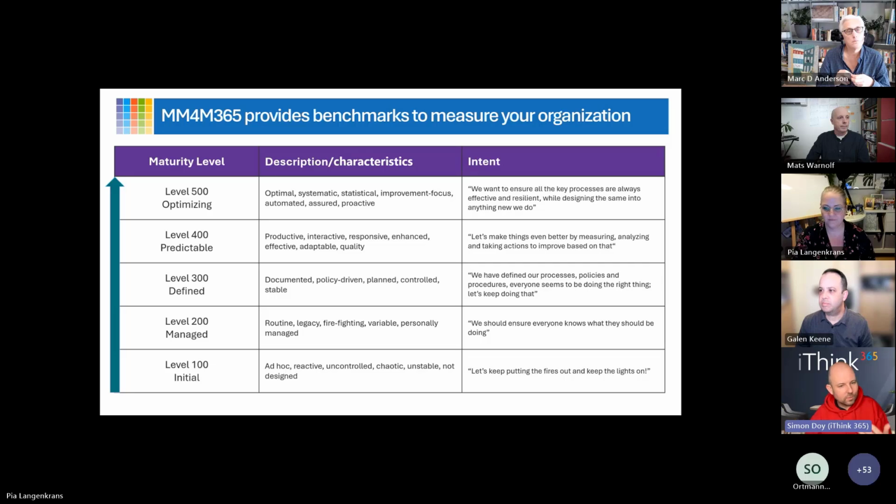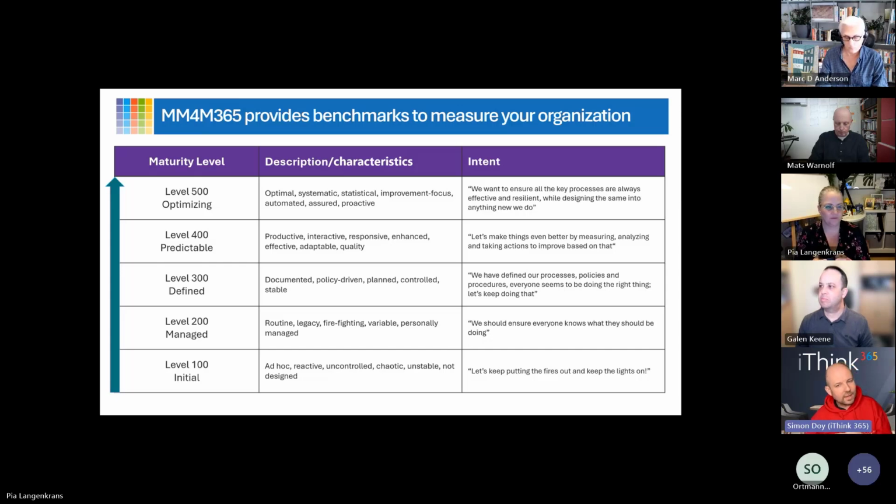So we're in 200, we're kind of working our way, feeling our way through to level 300, which is where ideally, if you're going to choose to apply a competency, you want to be at level 300 if you choose to do that. And you're not going to always want to do that for every competency. But this is where we've defined our processes, things work in a nice way. People understand how to get things done and do the right thing.